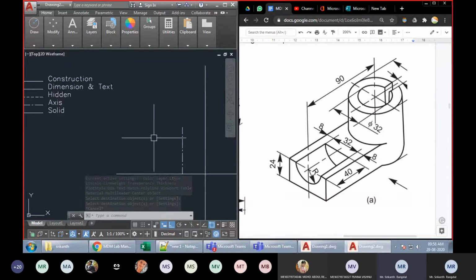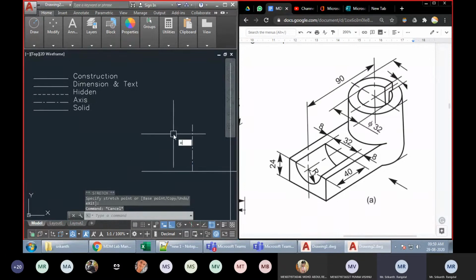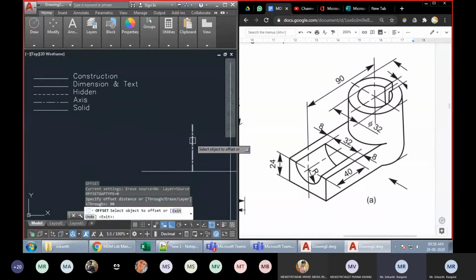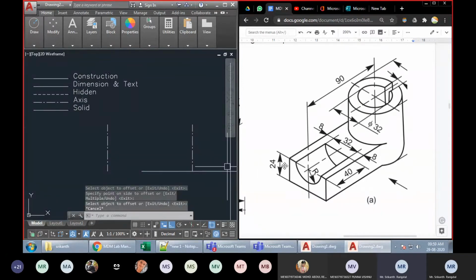Fine. So this is a very fast method of copying the properties from one object to another. And hence the process of creating a template becomes all the more important. You should create a template and keep it ready. So this I will use as an axis, and from the axis there is a distance of 90 mm. You can see there is a left line. I'll take offset at a distance of 90. I will take it on the left side. So now I have this length over here.